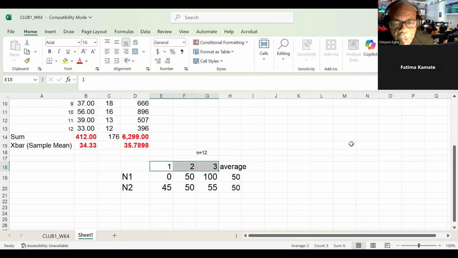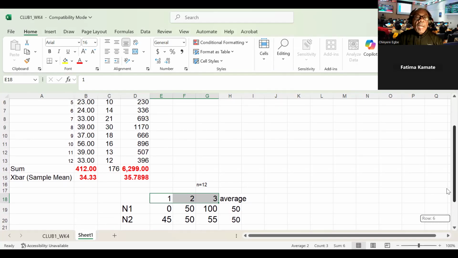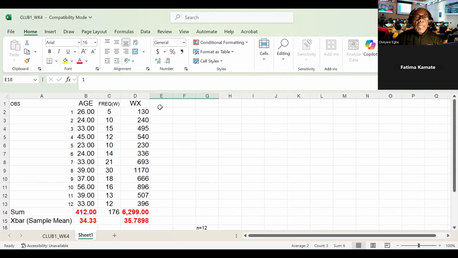Now, this is why we calculate standard deviation in statistical analysis, because it gives us a measure of variation. And measures of variation are very, very important, and they are used in different ways. Okay. So I said they are used in, say, conflict resolution. They are used in addressing issues of, say, discrimination. They are used in credit analysis. Okay. So there are just so many uses. So we're going to calculate standard deviation here.